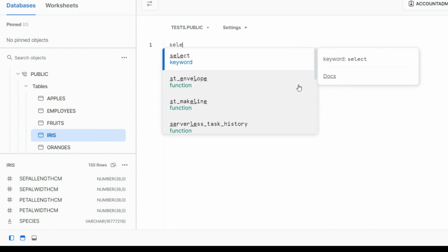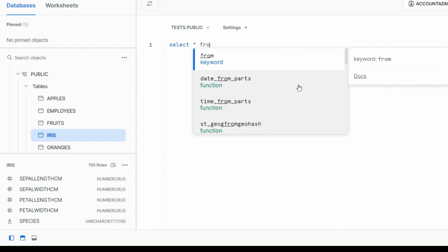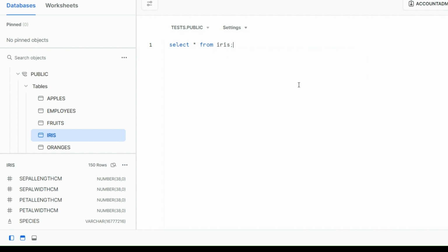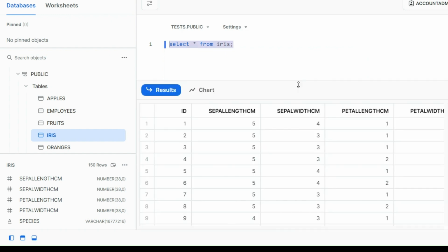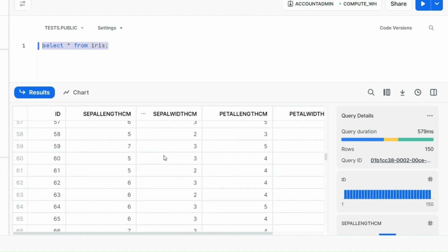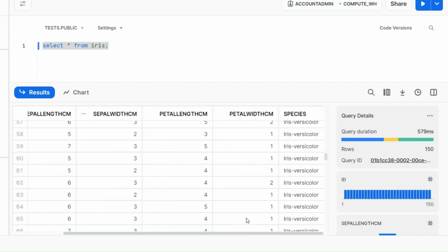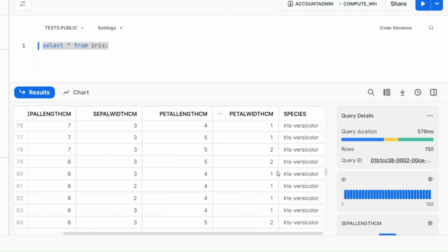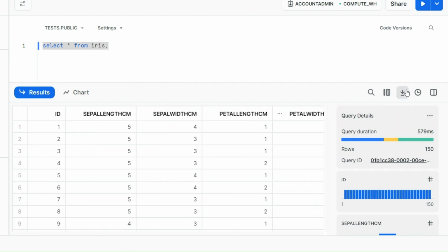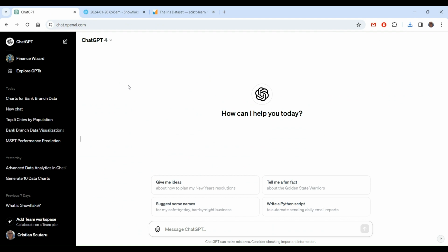If I say select everything from Iris, and let's just run it. So just 150 rows. That's a small one, and you can see here you have the name of the species and then different numbers. If I download this one as a CSV,